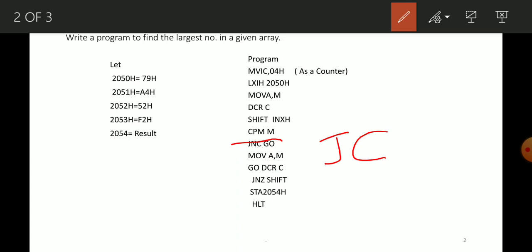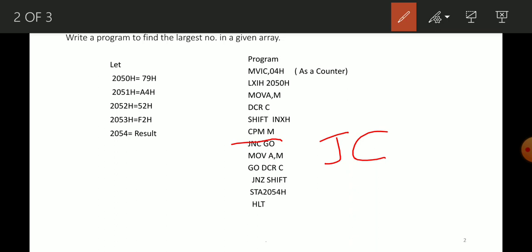In that case, after execution of the whole program with the counter, the smallest number is copied into the accumulator. So we can easily transfer or store the data in any given location. So it is very easy to find the smallest number in a given array.